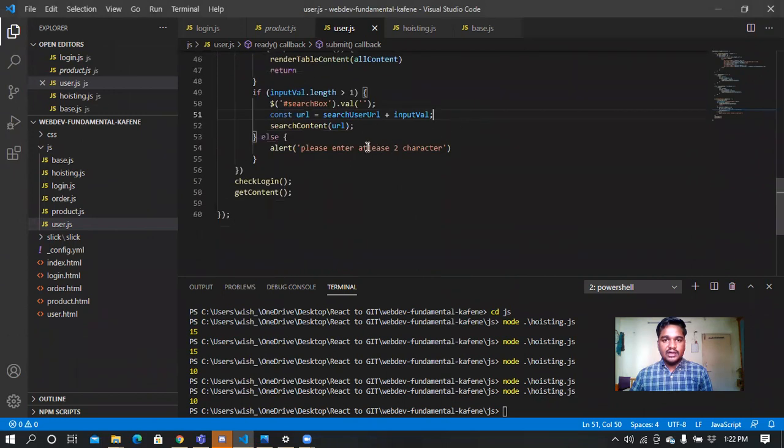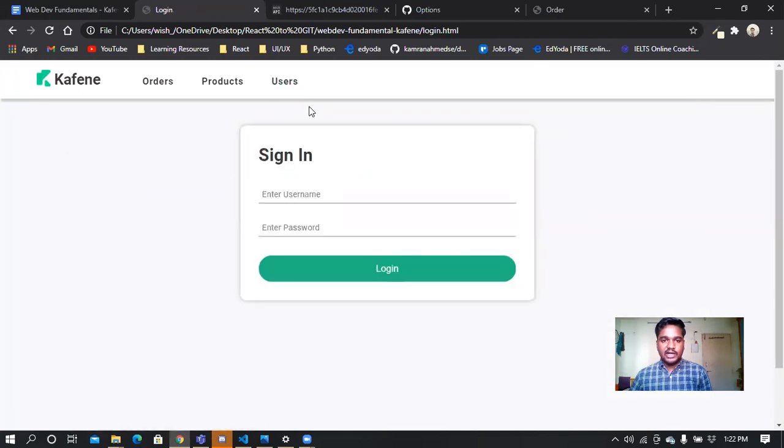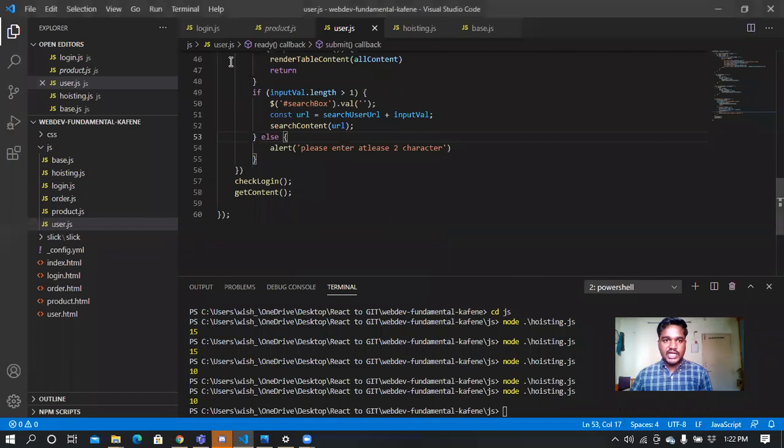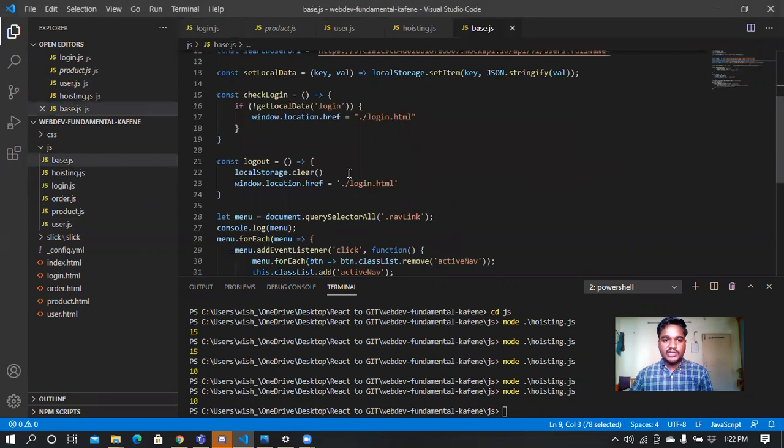And the last functionality is the logout functionality. After logging out, it will land on the login page and it will check. What it will do is clear all the storage, the local storage variables. As you can see, after the login function and logout functionality, local storage will get cleared. And every time we try to log into different pages like order, product and all, it will land on the login HTML page first. So that's the condition we are checking in here.